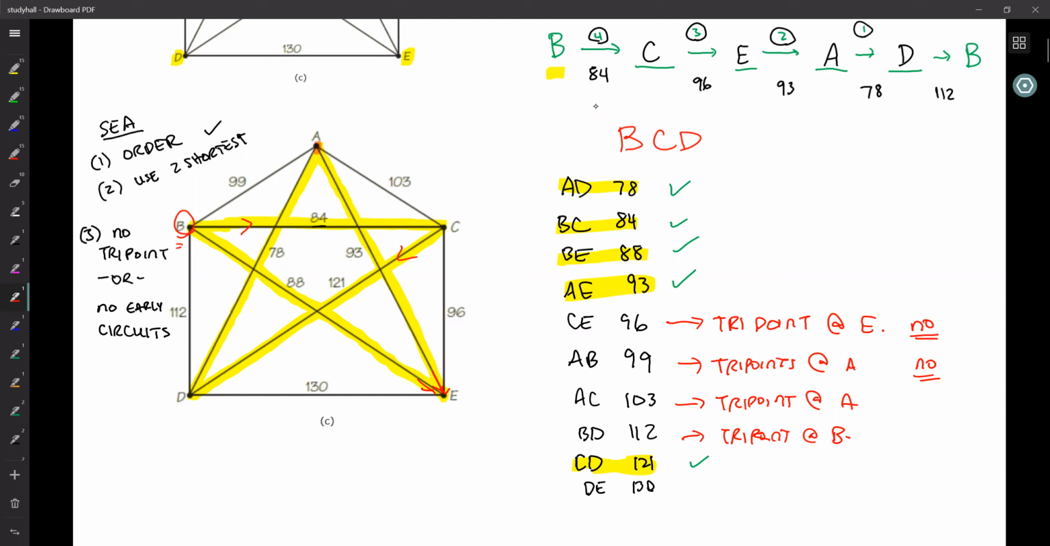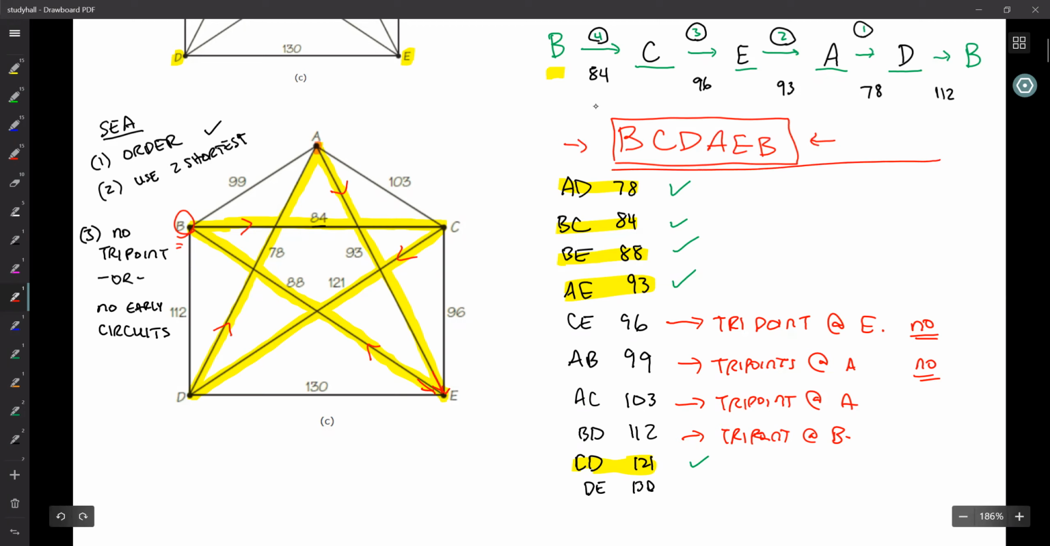I'm just creating my circuit. B to C, C to D, D to A, and then A to E, and then back to B. All right, so this would be one of the correct choices. Obviously, you can rotate it backwards. Right, you could go B, E, A, D, C, B, and that would also be a correct answer. So this is what the question is looking for, and this would be the procedure on how to